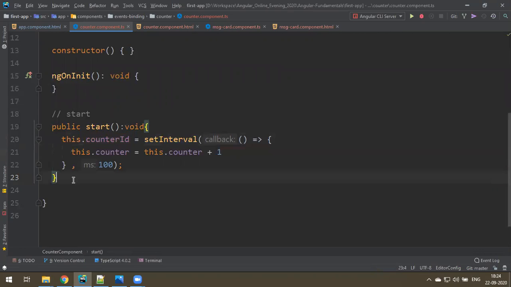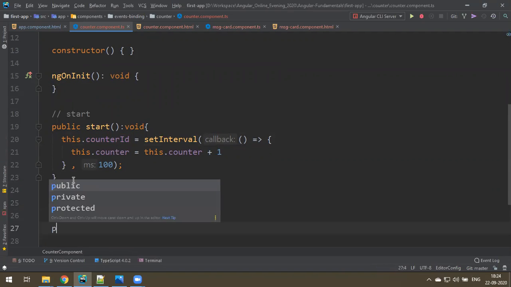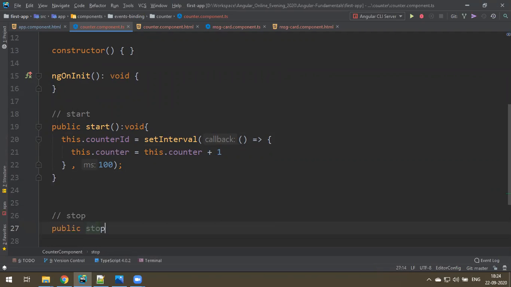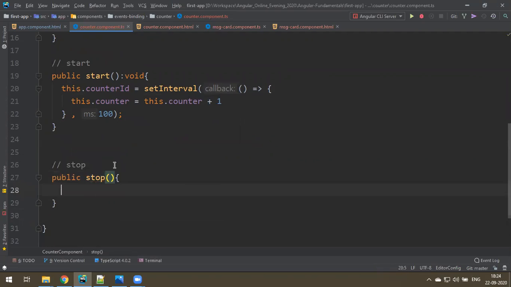And when to clear is when you click on a stop button. So let's say the stop button, public stop, also just void type. How to stop? clearInterval, that's a general JavaScript function.